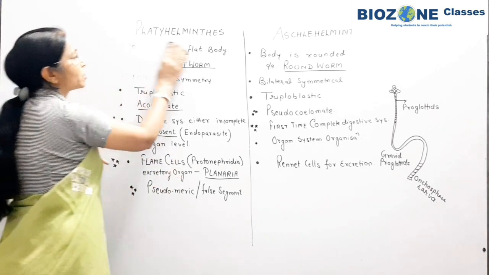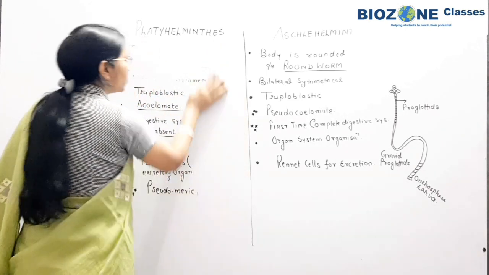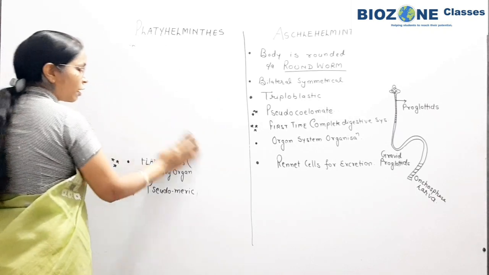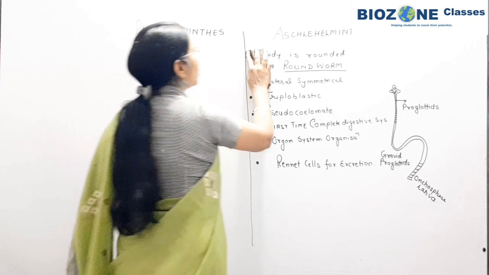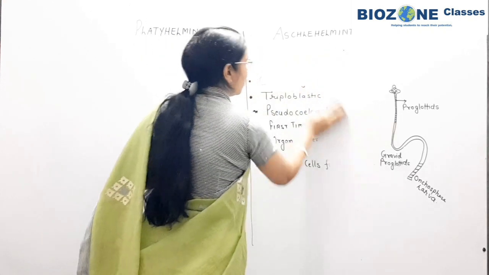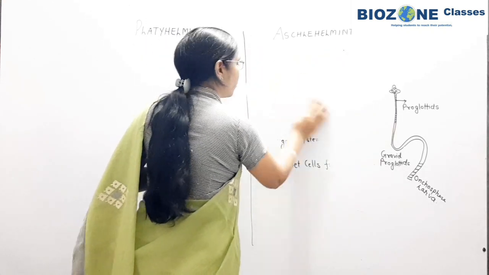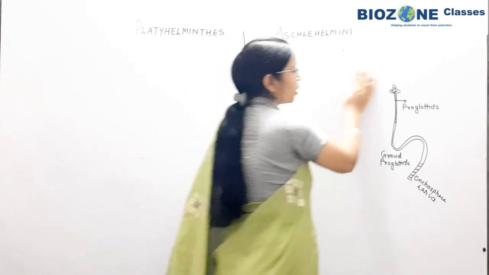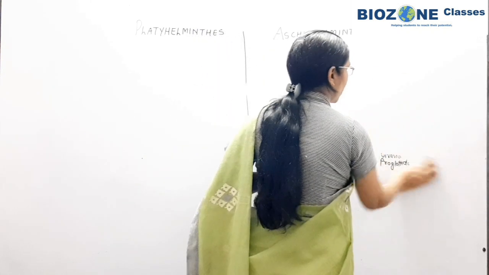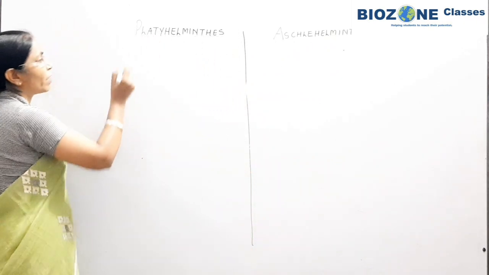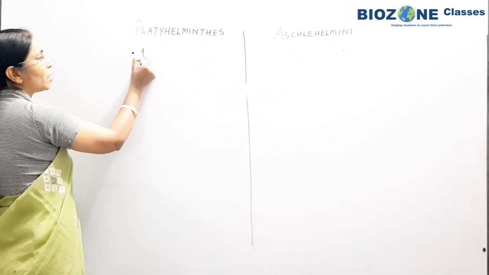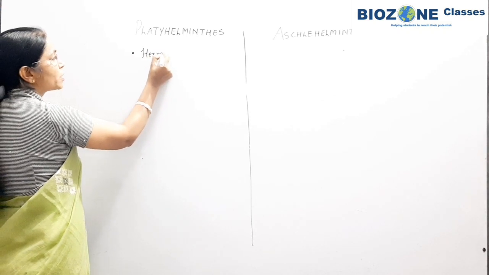Now when we come towards the next point, that is regarding the reproductive system or reproduction. So here you remember, again the flatworms are hermaphrodites, or commonly it is mentioned the sexes are not separate. That means flatworms are hermaphrodite animals,